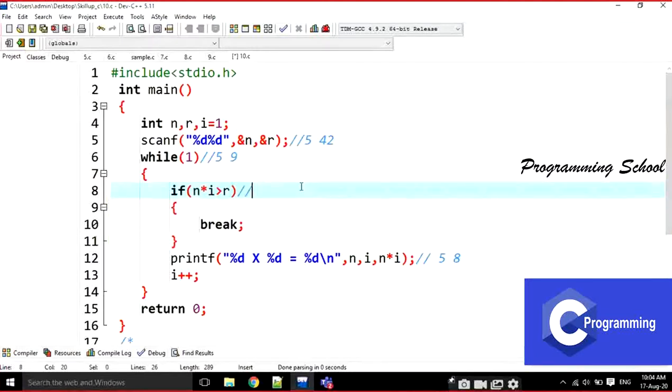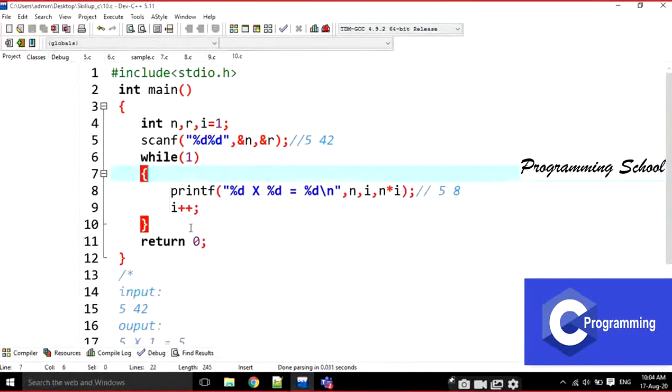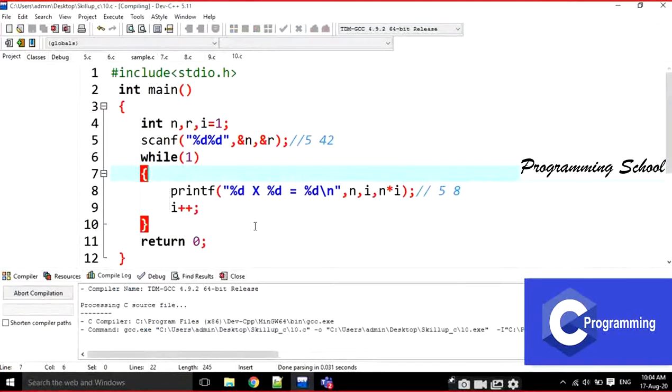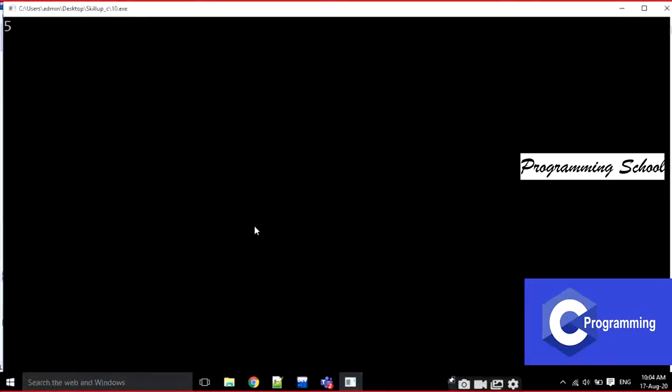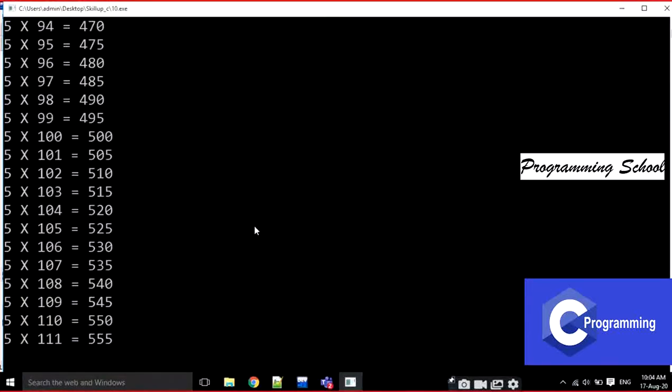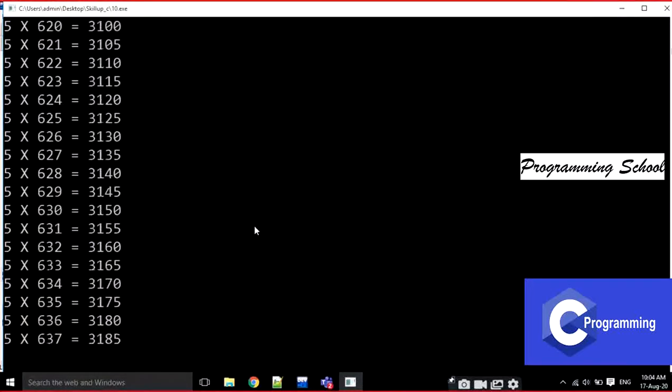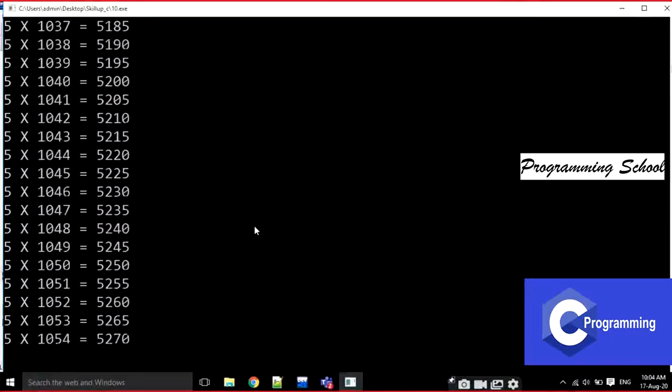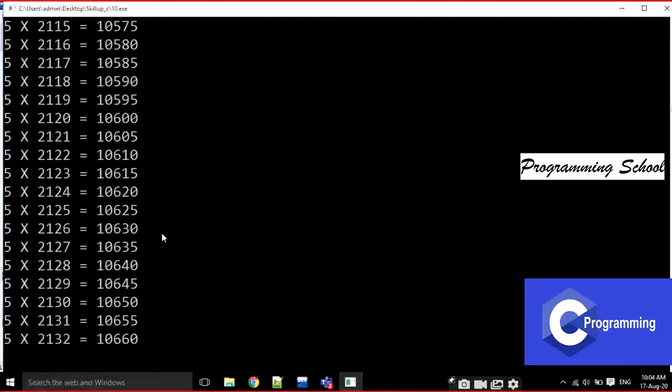I'm going to stop this program, right? For example, if there is no break statement, what will happen? First of all, we have to look at the problem here. For example, if I execute it and give some values like this, just look here. It is repeating, right? But we don't want it like this. We have to stop that loop, right?